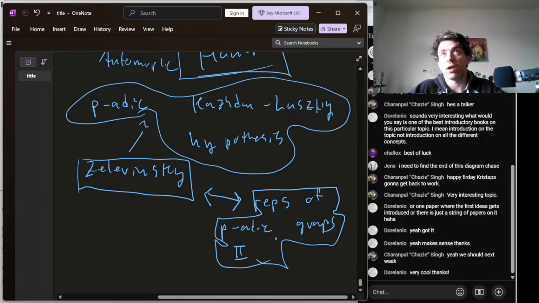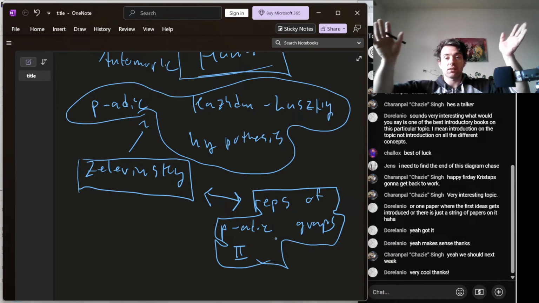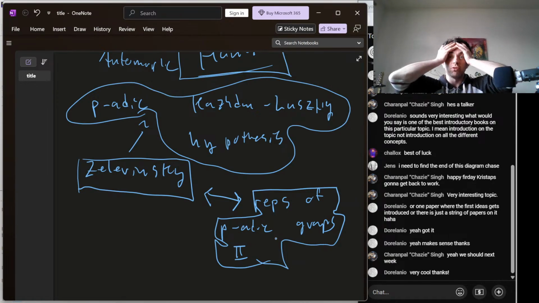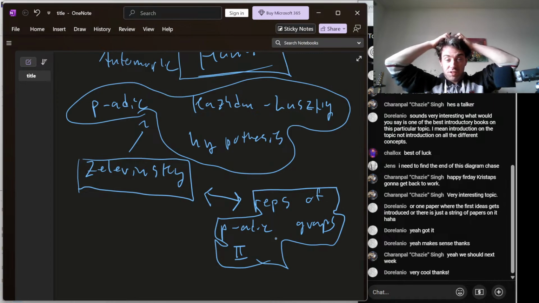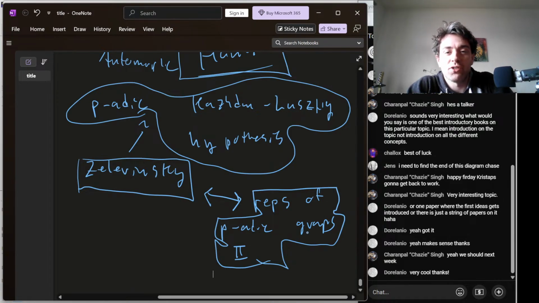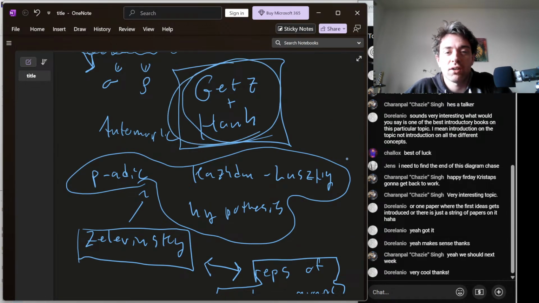I imagine if you're just going in blind to those papers, there's a ton of notation and you're like, what the hell is going on? It'll probably seem too complicated. But just sit with them for a little bit, because I promise if you just casually read it, I think you'll be able to understand some things. As long as maybe you're guided by Getz and Hahn for the basic representation theory of p-adic groups, maybe you'll be able to connect those things.